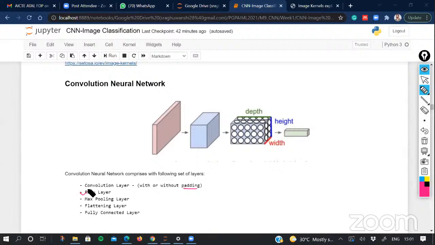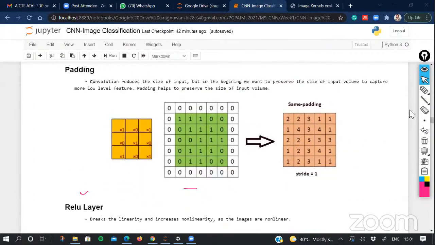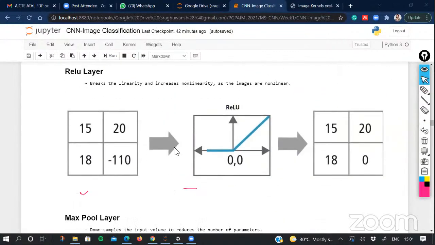The next is what we call a ReLU, which is a nonlinear activation function, and this is generally used to introduce nonlinearity in the function. The nonlinearity is required because images are the most nonlinear form of data. So we know that ReLU is a nonlinear activation function whose definition is f(x) = max(0, x), which means that it always passes the positive numbers.